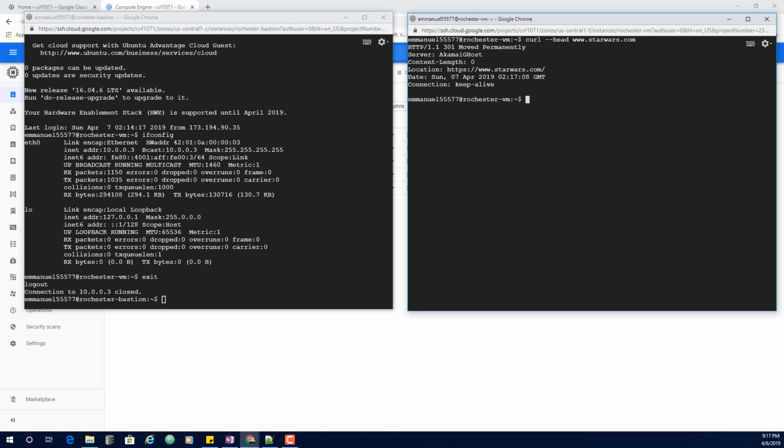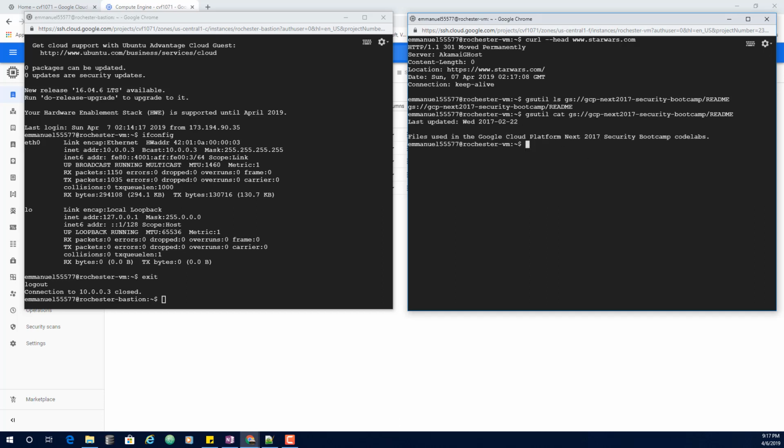I'm also going to run the Google Storage utility to browse a remote directory. This is gsutil ls, to list what is in this directory. And you can see this is what I have in this directory. I can also display what is inside this directory. As you can see, this works just